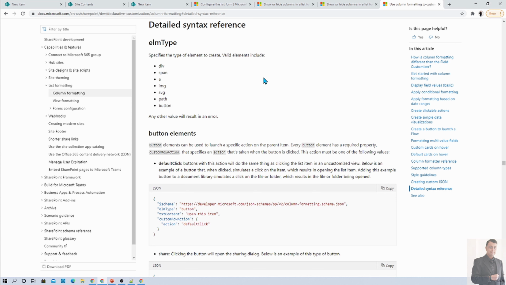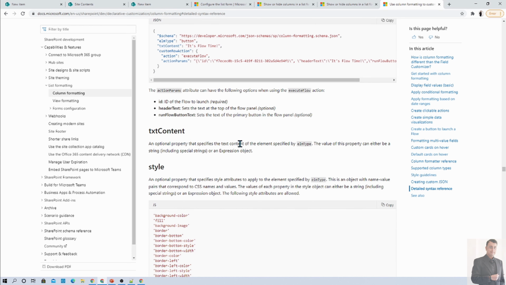All right, so here you can see this reference link. At this moment we can use this many element types in order to support this custom JSON formatting. You can use div, span, anchor tag, image, svg, path and button tags, right? Now based on your requirement you can choose the appropriate one.